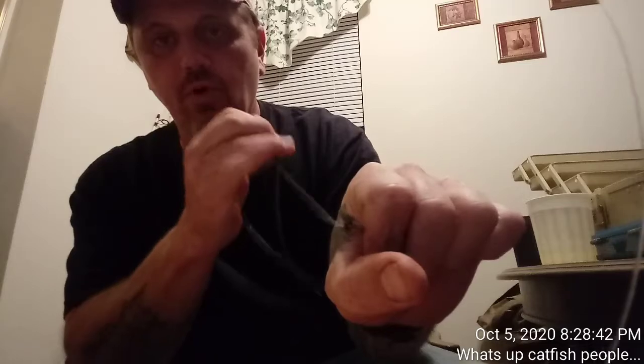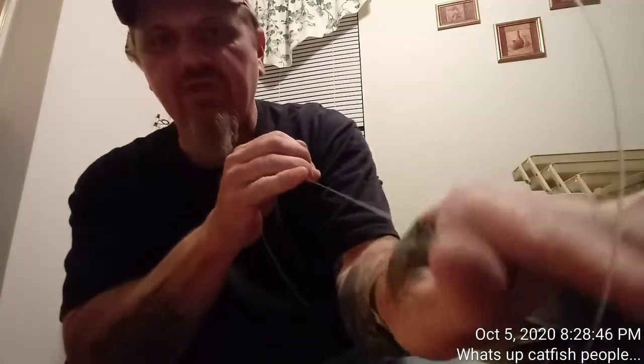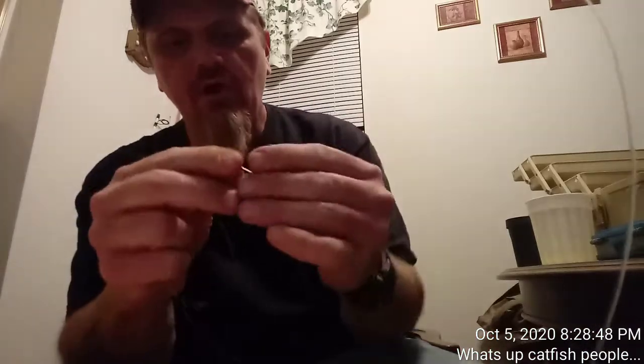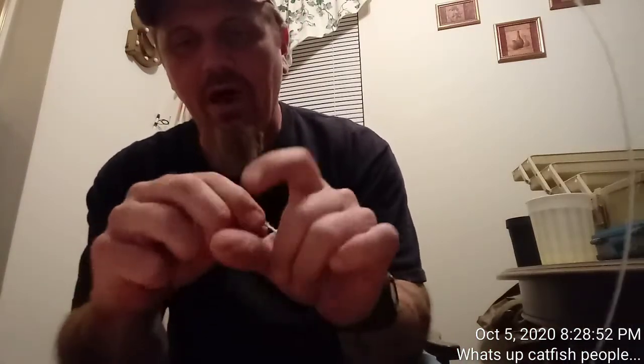So catfish bites the hook, you pull, the line pulls, catfish tries to pull off. It's steadily pulling that hook into his mouth, which other ways you could tie your hook, it may not. It could pull out this way and him not get the bait and the hook not set. So once you get that done, you want to